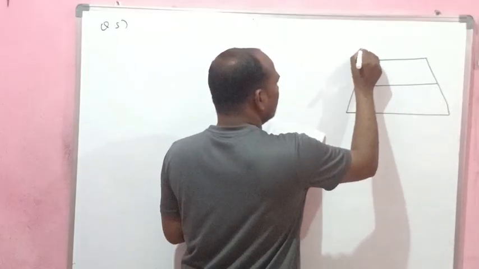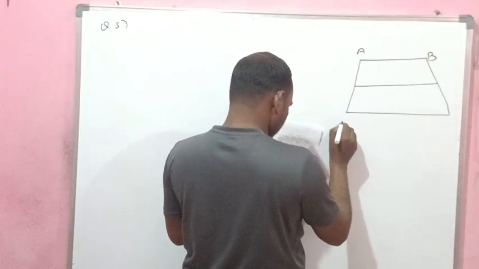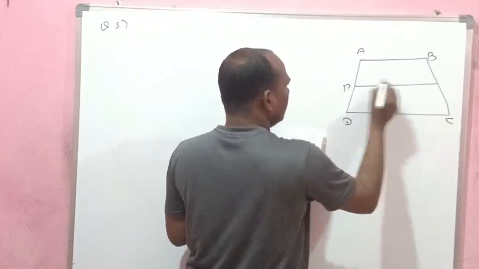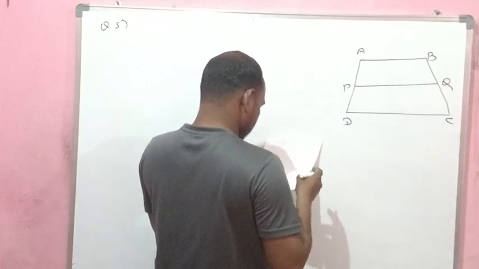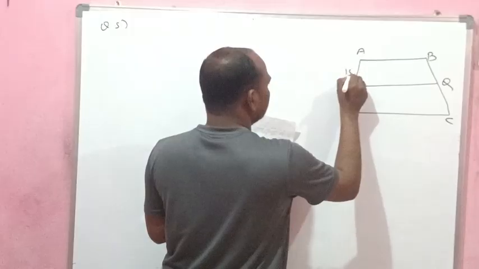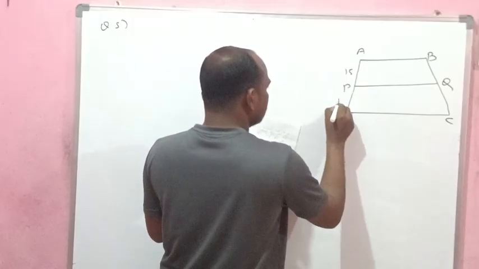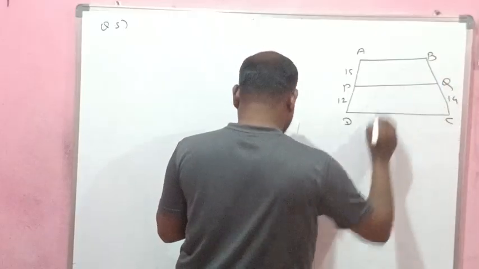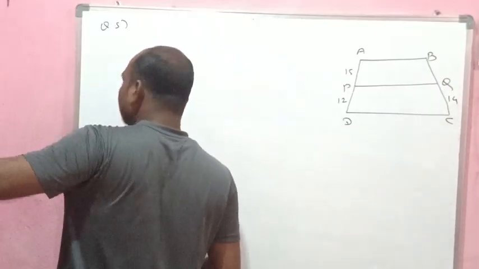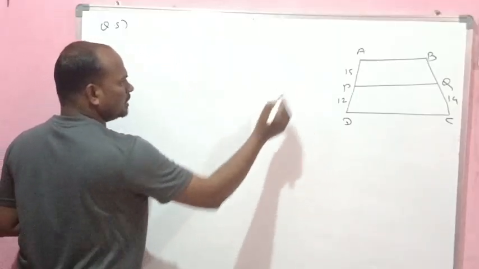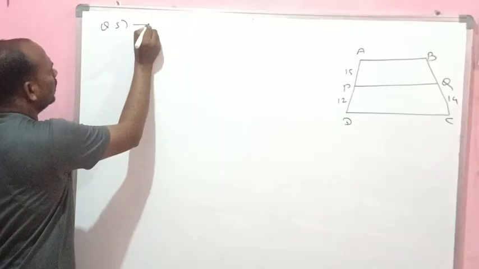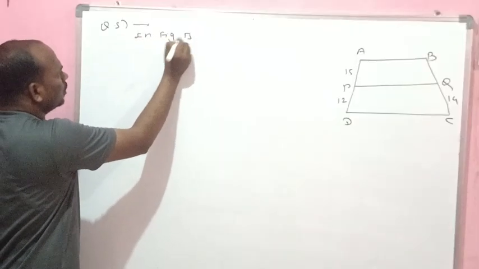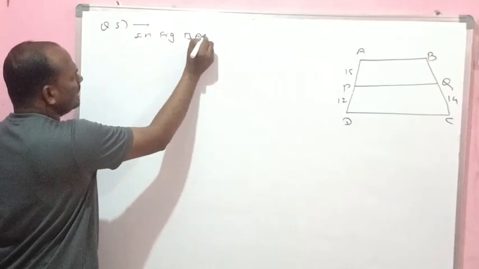Now this is A, B, C, D, P, Q. Now AP is 15, PD is 12, QC is 14. Find the value of PQ. Now find the value of BQ. This is trapezium. Now in figure, the quadrilateral ABCD is,